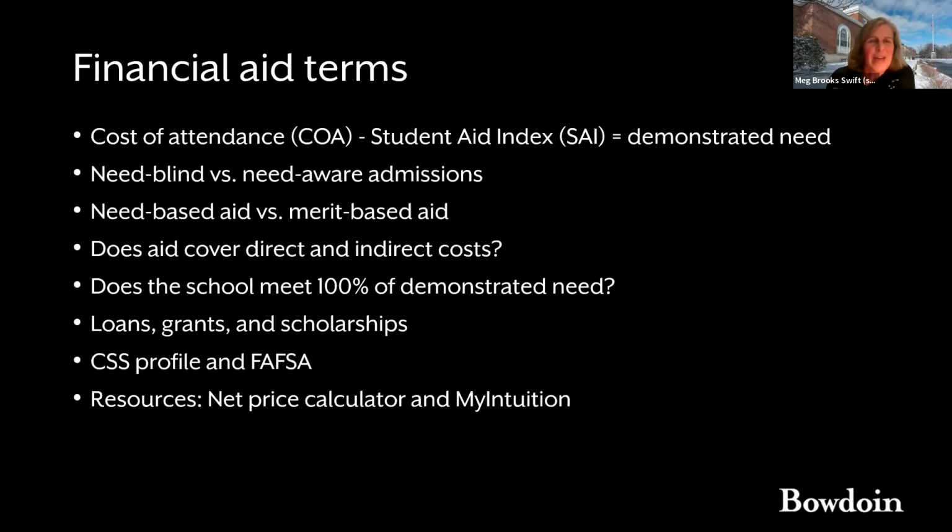I mentioned earlier that there were a number of financial aid terms that we would go over, and we know that this is a topic that dominates many college conversations. And finding the right college fit typically means at least three things. There's the right academic fit, the right social fit, and probably most importantly, the right financial fit. So, along with understanding how to assess what a college can offer your student academically and socially, it is also important to consider how the financial pieces factor into their search.